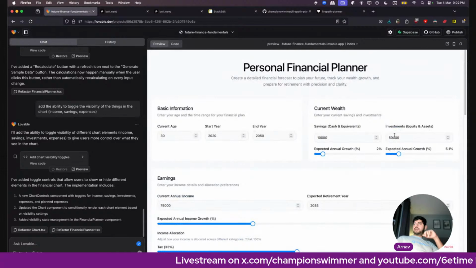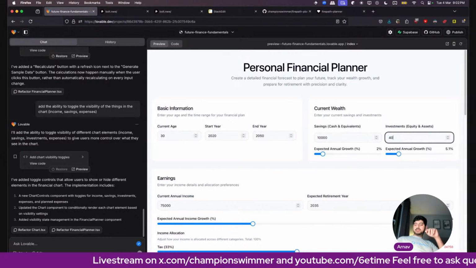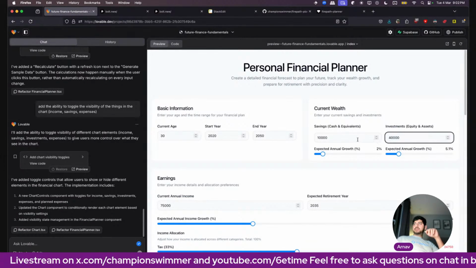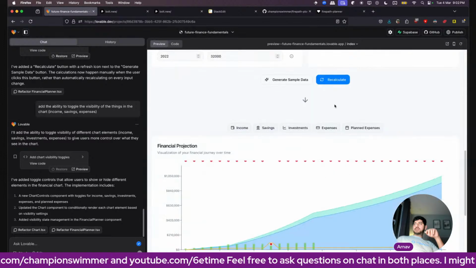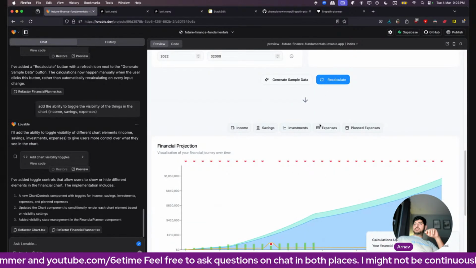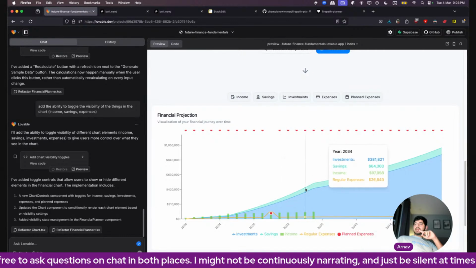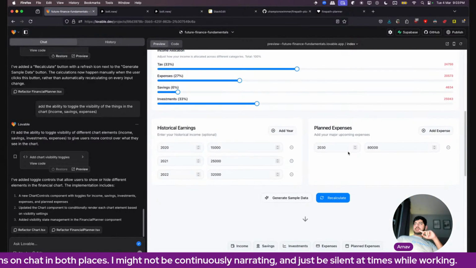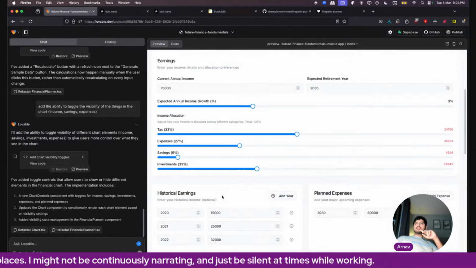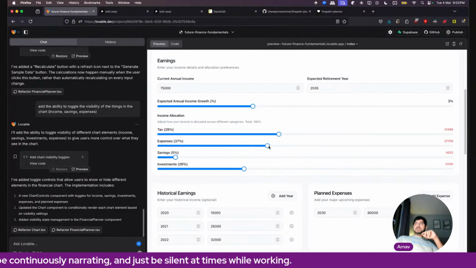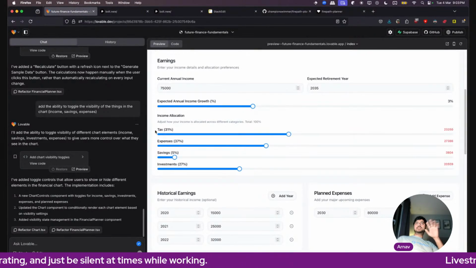So if I reduce my existing investments by a bit, so increase my expenses and taxes. Oh, the taxes should go away.